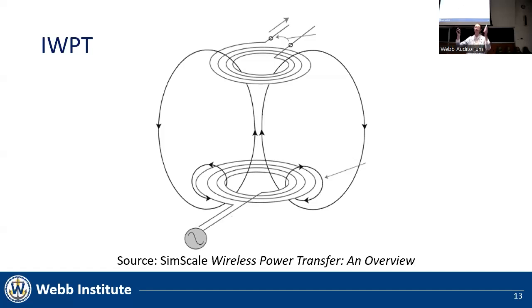These fluctuations cause a reactionary current in the device coil, thus receiving the power to charge its battery. This is the process that you're seeing in the diagram above me, with the bottom coil acting as the source coil with an alternating current passed through it, and the top coil acting as the device, sending out the